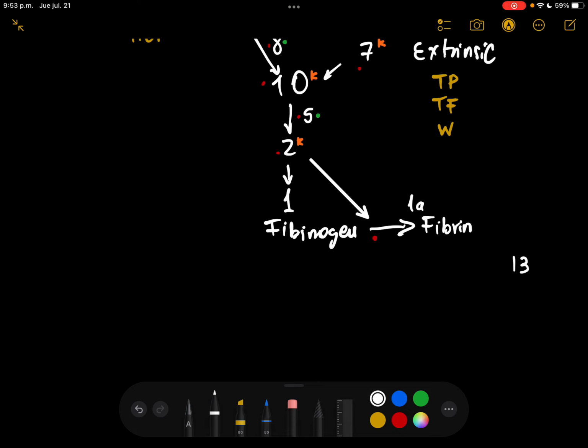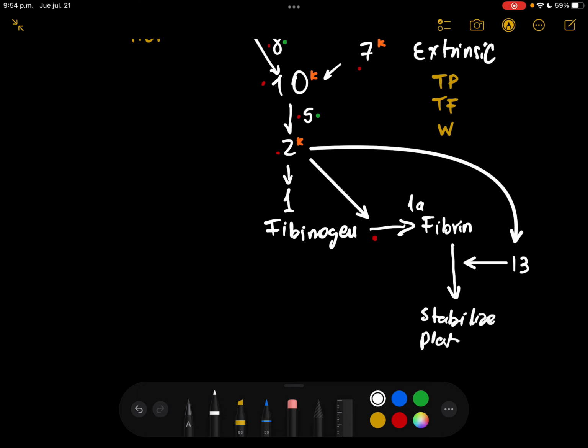Okay, and what is going to activate factor 13 is factor 2, or factor 2a. Okay, factor 2a allows fibrin to become more stable and stabilize the platelet block. Okay,